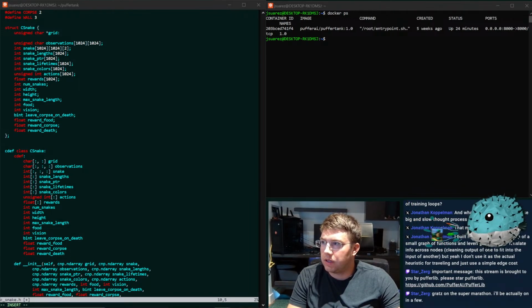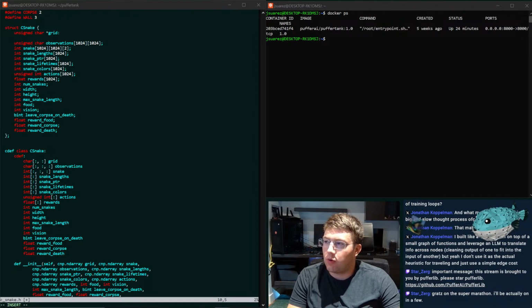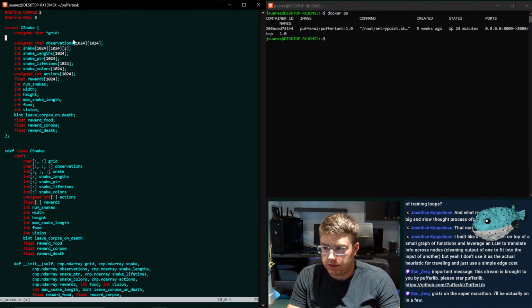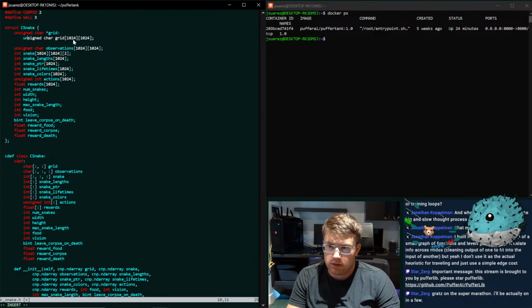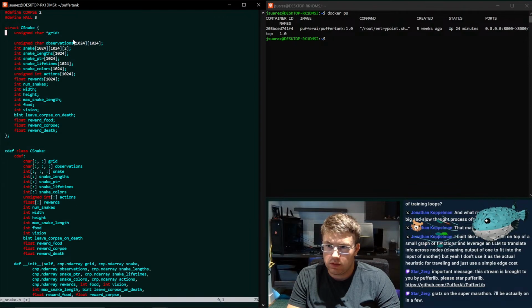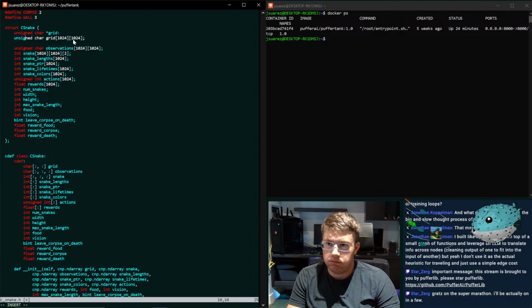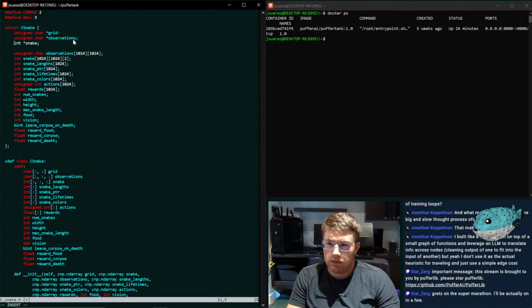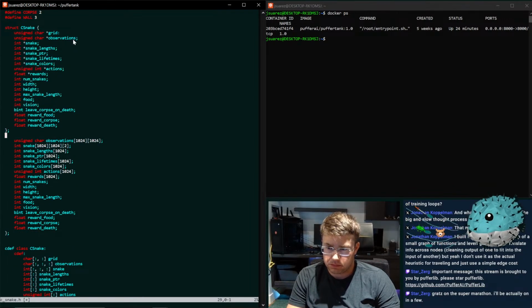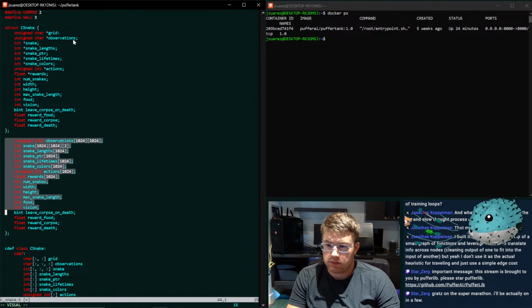Yeah, it's just going to be star pointer. Because treating a pointer is like a list, right? A pointer gets treated like a list.